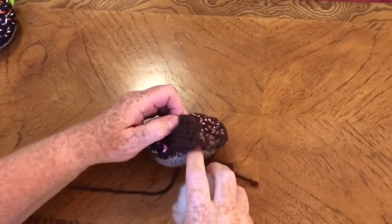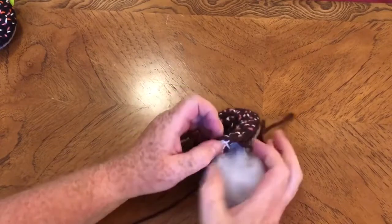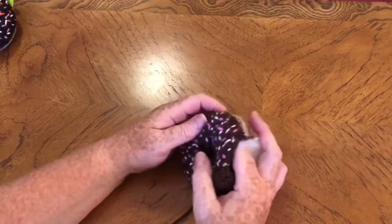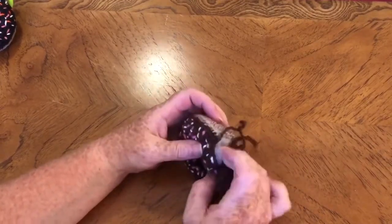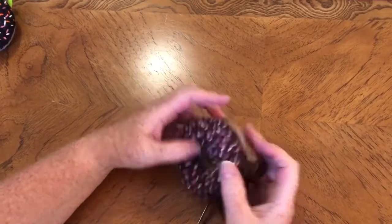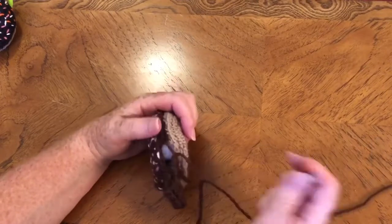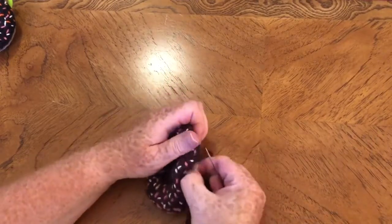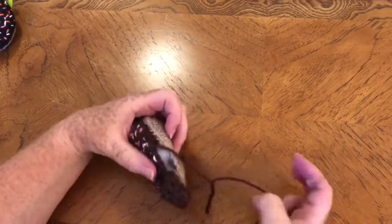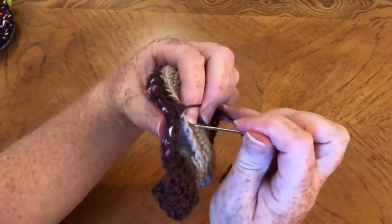Okay, so I've got near enough all the way around, so I just get the rest of my stuff in and start poking it in there, making sure it pushes around so it's all nice and even, and then just got to sew that. I think it's a bit too much that side, so almost push it along a little bit, pull a little bit back, and pull that one along that way a little bit so it meets nicely. Poke that back in, and then just continue sewing it all up,